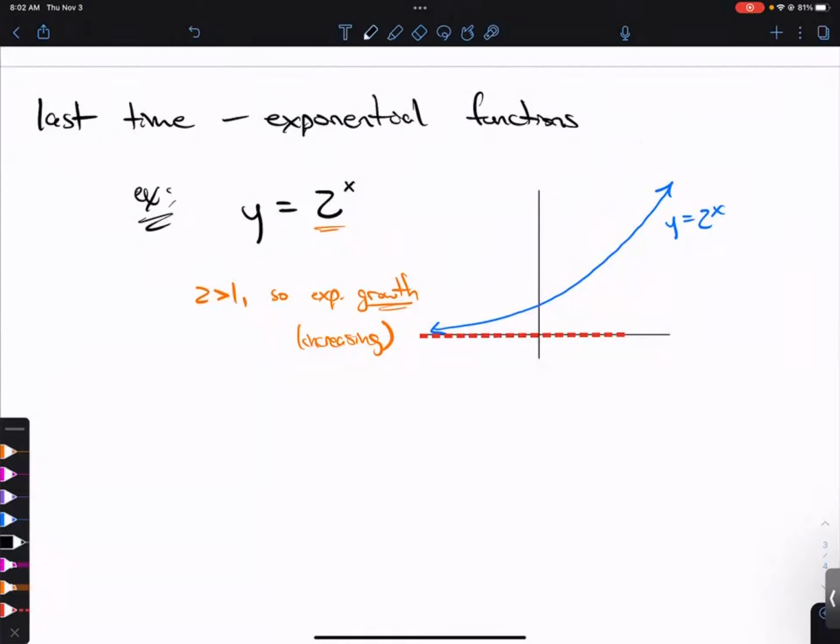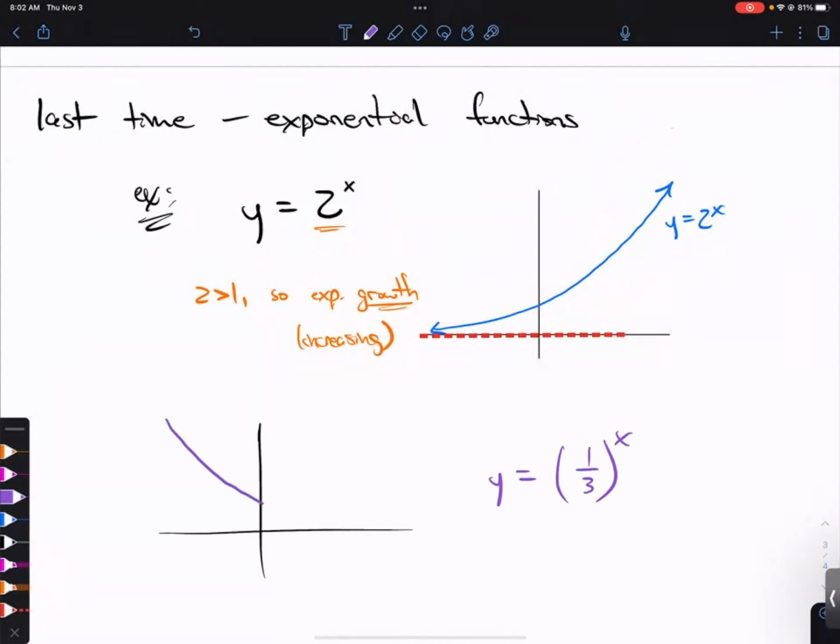The flip side of that would be that if the base is smaller than 1, like 1/3 or something, then instead of growing over time, it's going to decay because it's a decreasing function. Because if you multiply something by 1/3, you get back a smaller thing than what you started with, and here you're doing that over and over again. Same stuff applies in terms of the domain and the range and horizontal asymptote and intercepts and all that kind